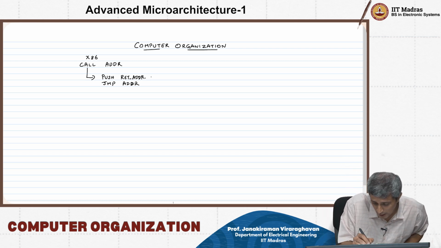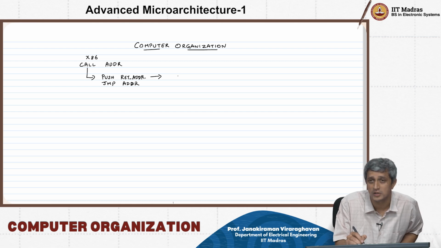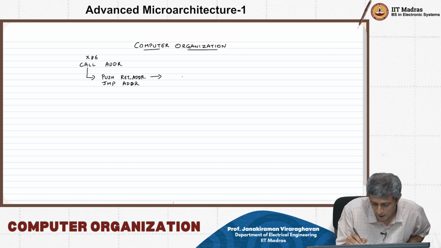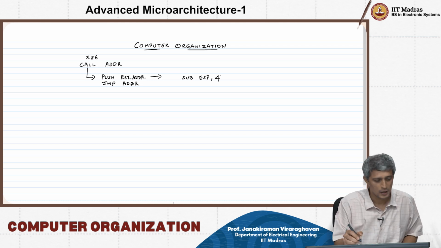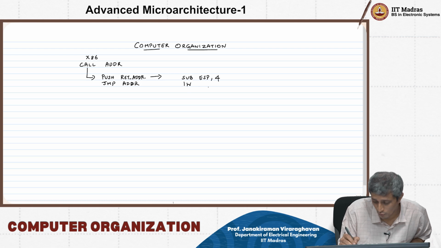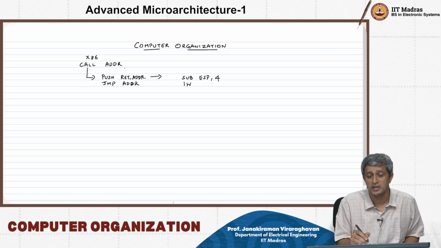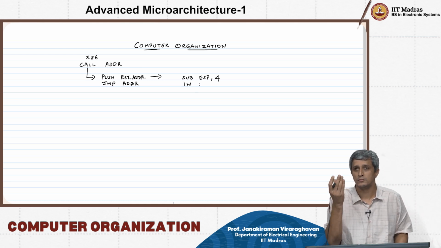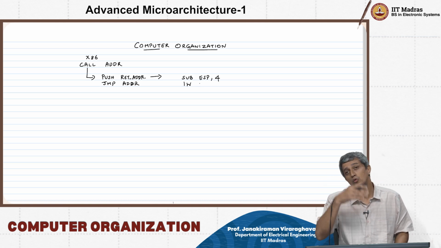By the way, pushing onto the stack is going to basically subtract ESP comma 4, and then it is going to do a load word of the return address that we have. It's going to write this address into the